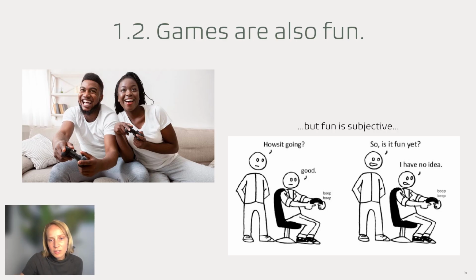Researcher Rogers also notes, though, that the problem with saying that the goal of a game is fun is that fun is subjective. So I can think something's really fun, and you might think it's totally awful and not fun at all. So you can't just judge by fun. You have to think about a lot of different factors and variables, and what people like, and what they typically will put up with, as far as maybe glitches. So that's basically what we're going to talk about this semester: how do we design for fun, and what does fun mean, and what do games look like?